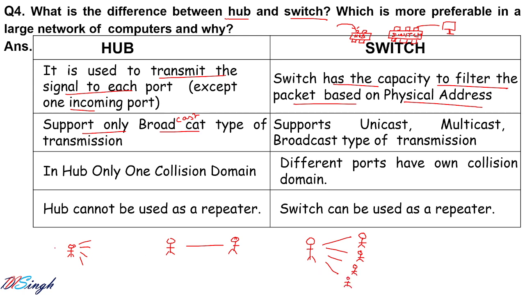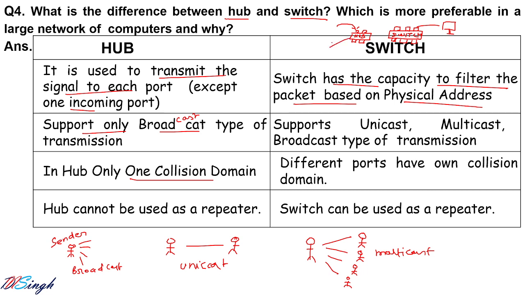If one is the sender and anyone who has the capability to receive the signal can be a receiver, this is a broadcast type of message. This is broadcast. This is unicast, one to one, and this is multicast. Okay. Next, in a hub only one collision domain is there, because